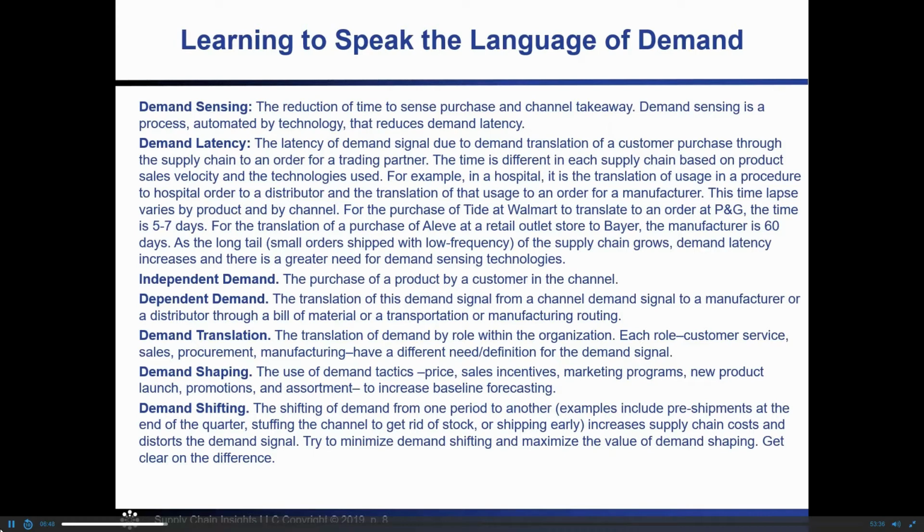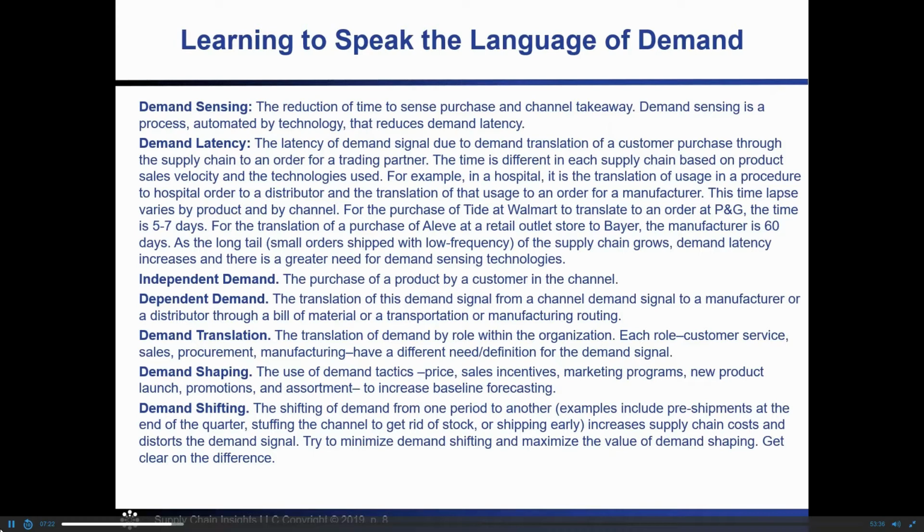And one of the issues in demand management is demand latency has increased 3 times. So it's 3 times longer than when I was a supply chain professional in regional supply chains. So when we think about the translation of demand from that end use point to an order, that time represents demand latency. And I work with some companies where demand latency is 120 days. So they're looking at forecasting based upon order patterns, and they have a lot of demand latency.